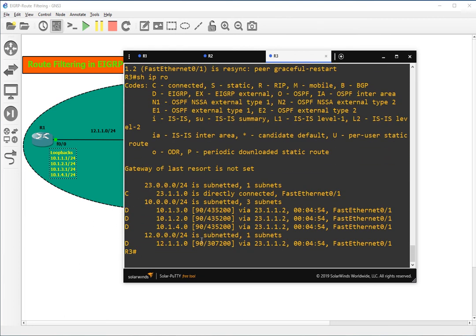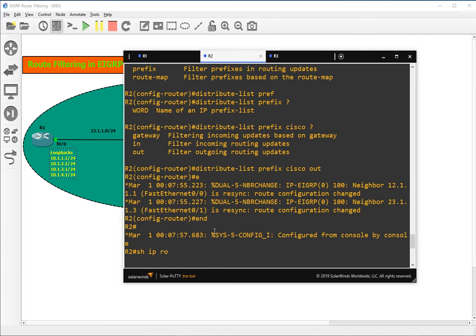So now let's see the routes here. Are we getting the 10.1.1.0 network? We can see that now we are not getting the 10.1.1.0 network. Okay, we have the two network, three network, and four network, but the one network is not there because it has been blocked by the prefix list configured on R2.